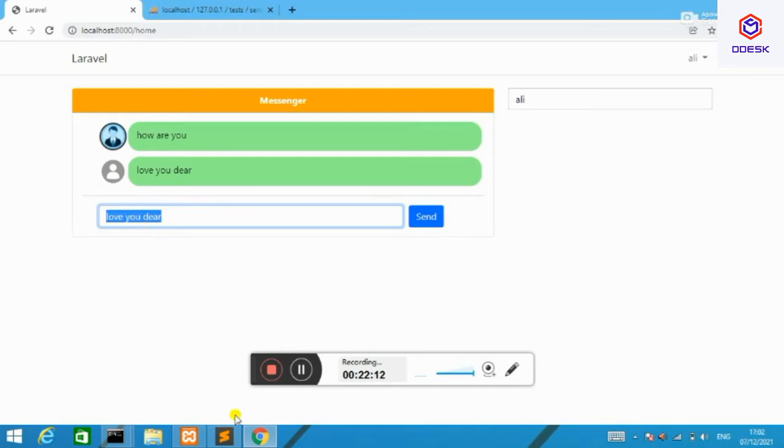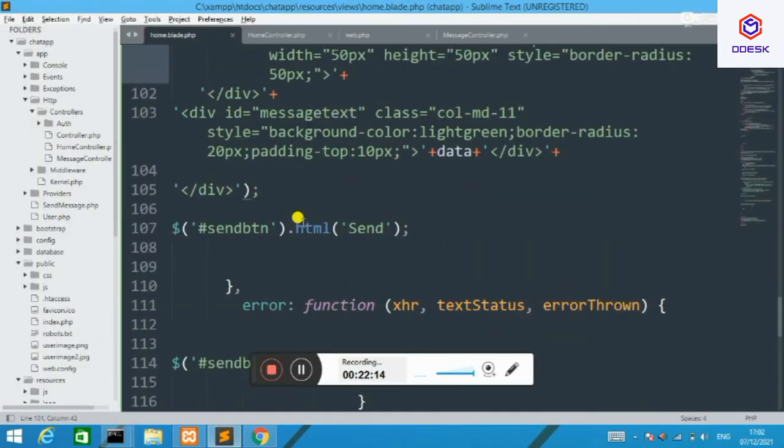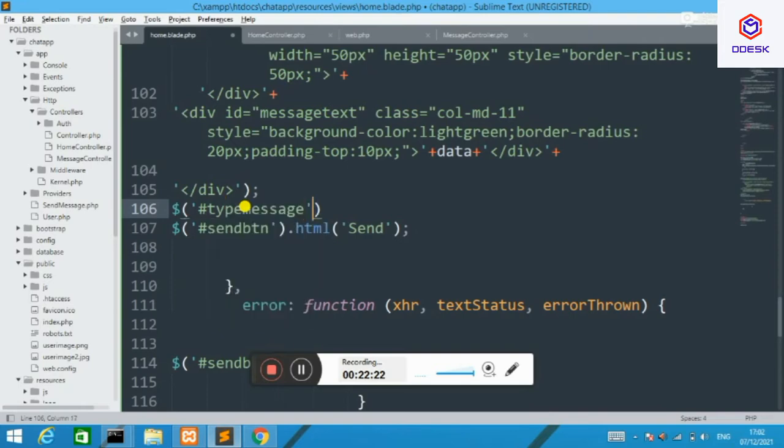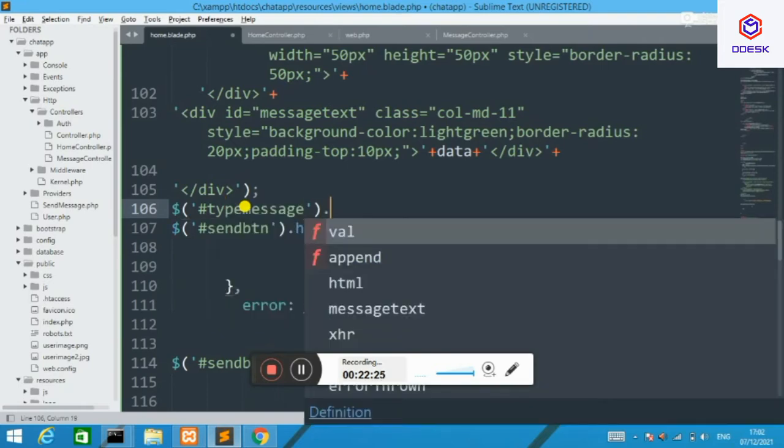So yes, now with the new image I receive this message, because I did this to discriminate the message which I send and which I receive in real time.